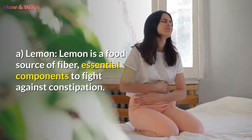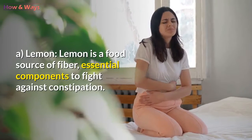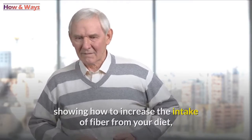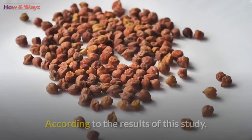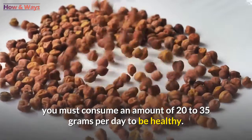A. Lemon. Lemon is a food source of fiber, essential components to fight against constipation. One study has successfully linked constipation to dietary fiber deficiency, showing how to increase the intake of fiber from your diet, which helps relieve the symptoms of constipation. According to the results of this study, you must consume an amount of 20 to 35 grams per day to